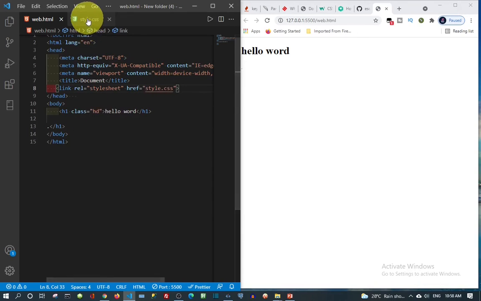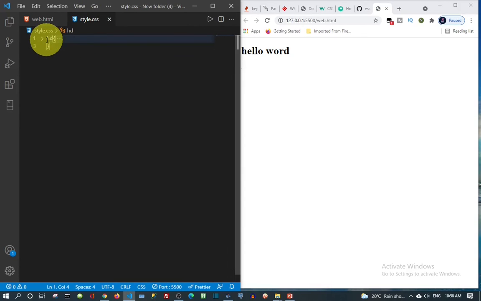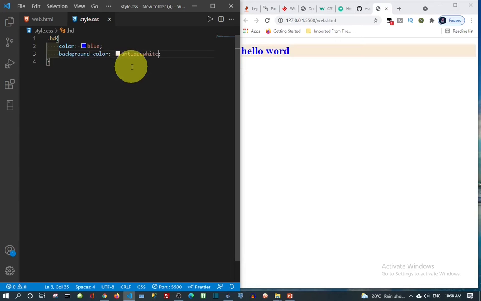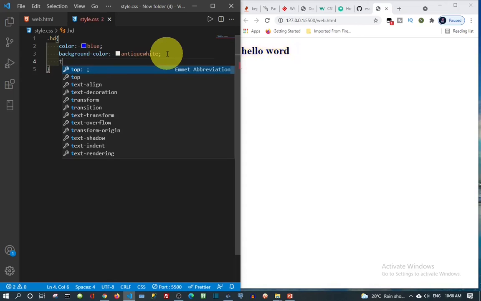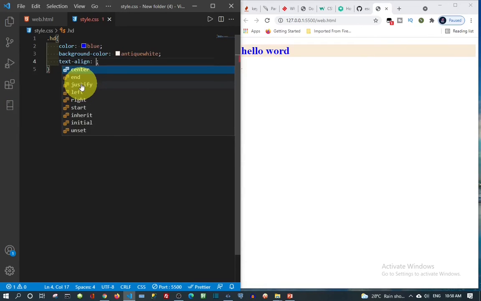Okay, after removing it, let's go to this. This is a class. Put a full stop at the front. Because I'm using a class, I have to put a full stop at the front. Okay, notice it's working now. So let's do some things with this. Let's say color blue, background. Okay, this is the color. Then let's text align, center,